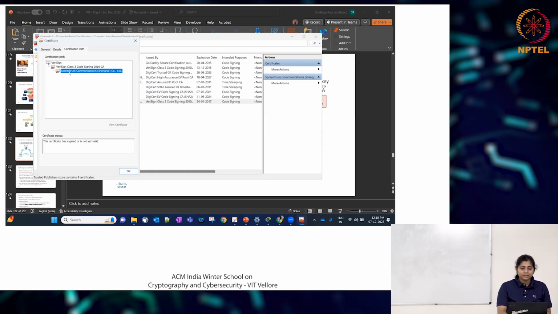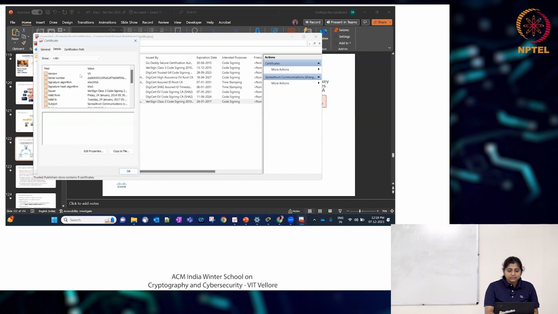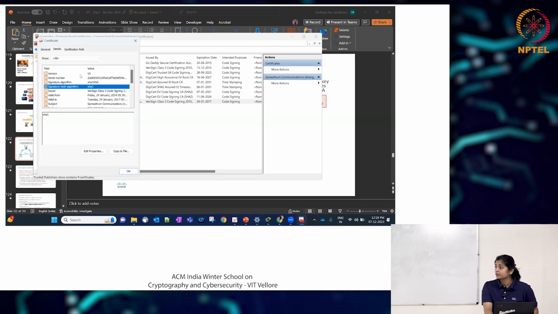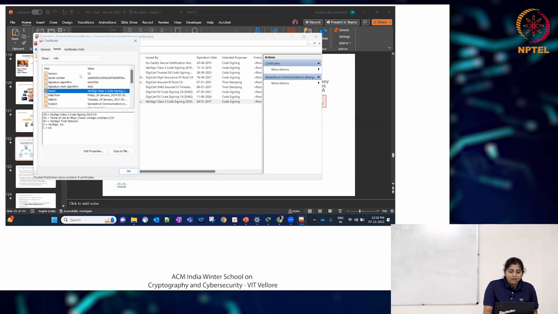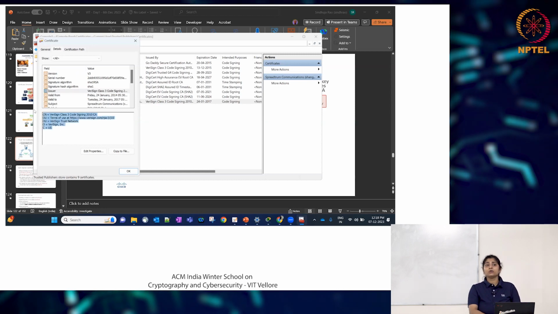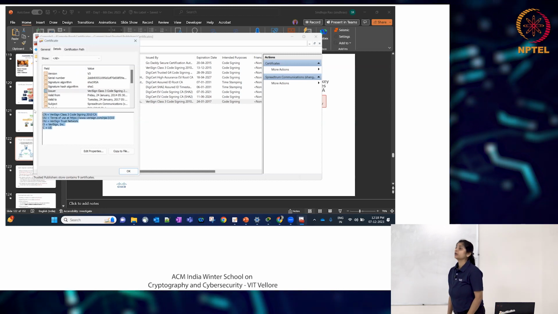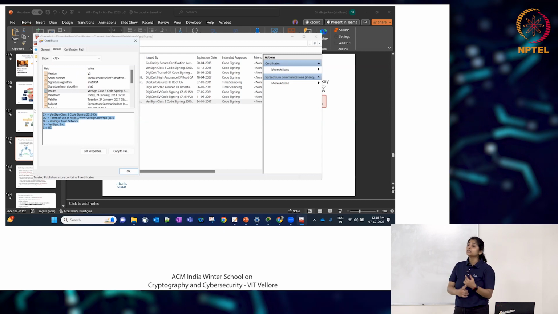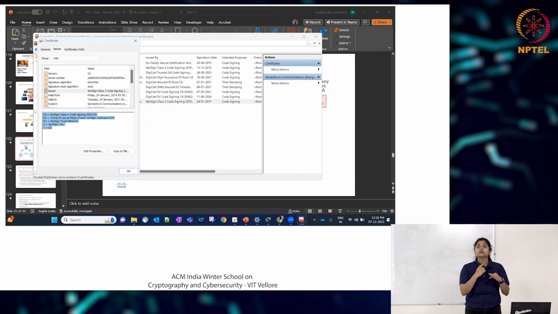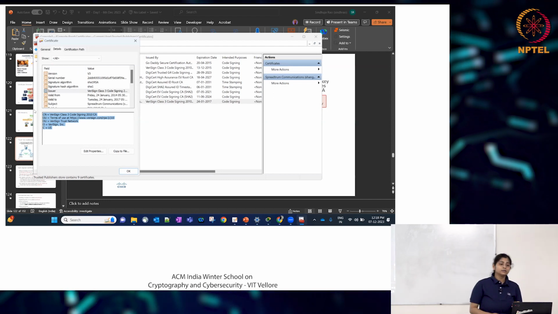So if we go to this and we look at the details, we'll see all the serial numbers, what is the encryption algorithm, what is the hashing algorithm that was used to create the certificates. See all the details. Someone was asking, how do we verify the certificates from which location, right? So you have country location, you have organization, you have state location. All the details are in the certificate.